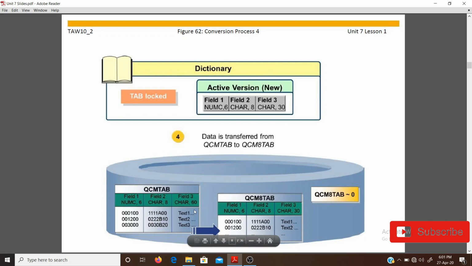So here the data is being transferred from QCM TAB to QCM8 TAB with the help of a command, as I have already discussed, and the command was MOVE-CORRESPONDING. The MOVE-CORRESPONDING command always works by matching the names of the fields. If the field names are the same, then the data will transfer from one table to another table.